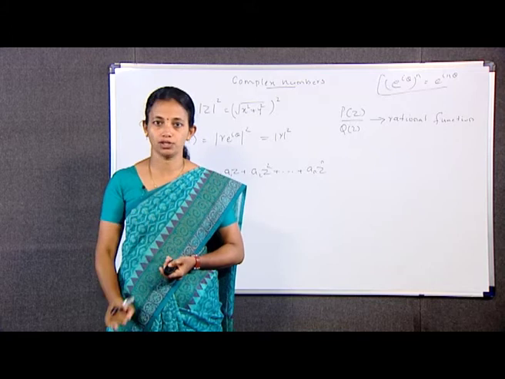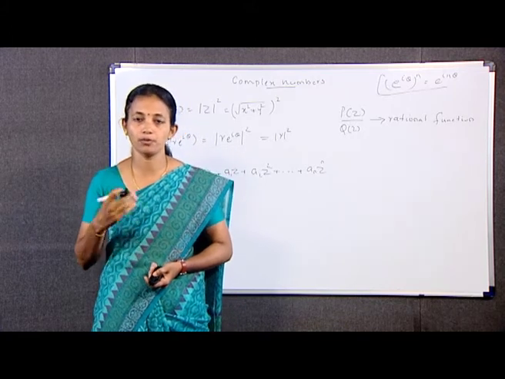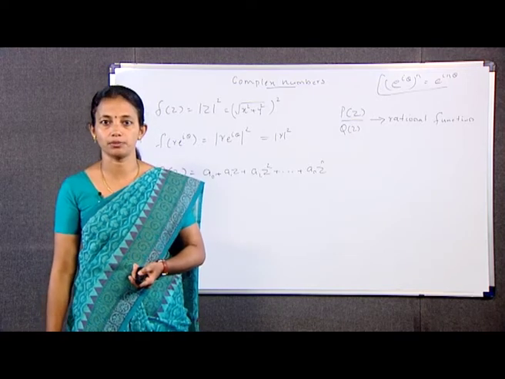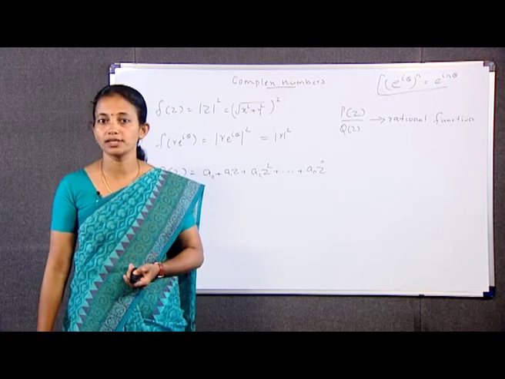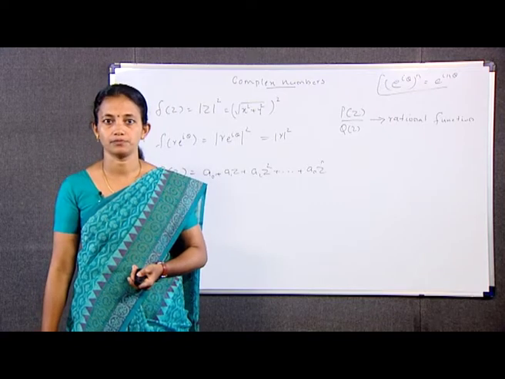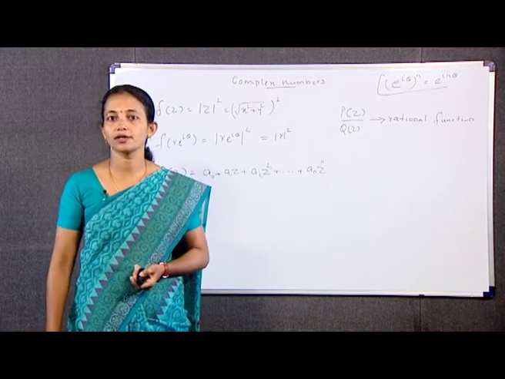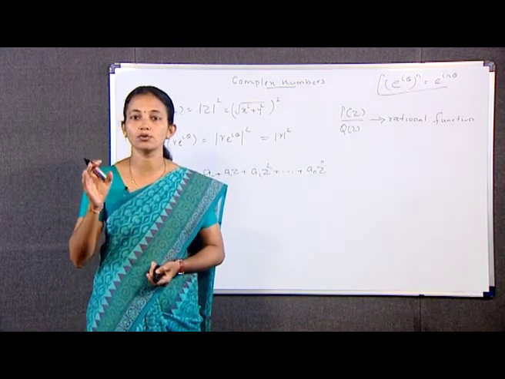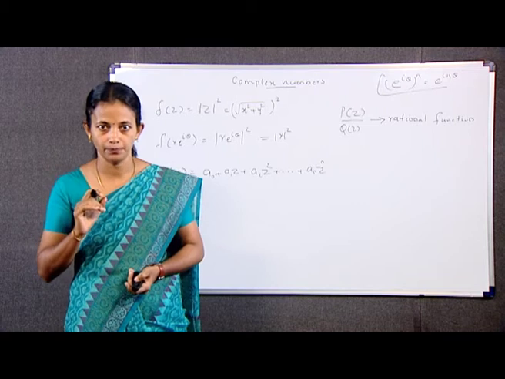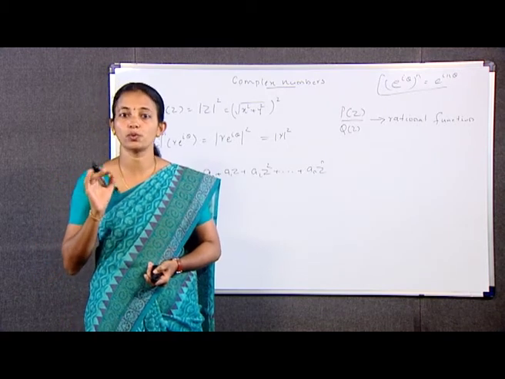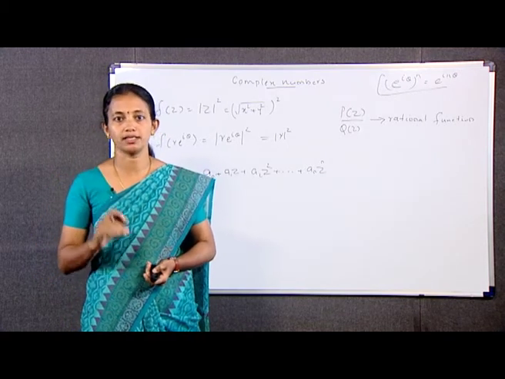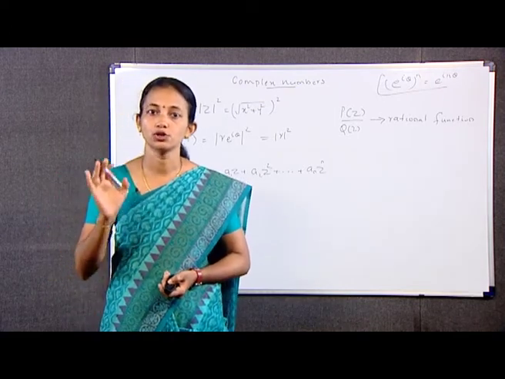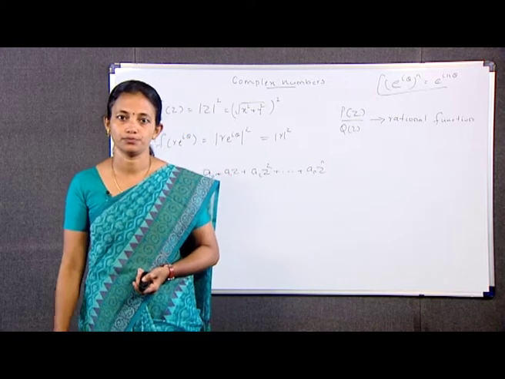These many valued functions, or multiple valued functions, occur in the theory of functions of a complex variable, just as they do in the case of real variables. For example, in the theory of real variables, if we take the square root of a positive real number a, it gives two values, root a and minus root a. For instance, 4 has two square roots, 2 and minus 2.